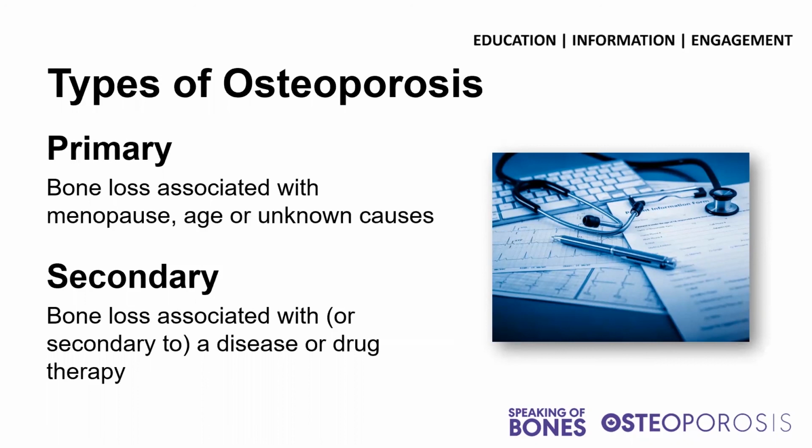One class of drugs that has been shown to be particularly damaging to bone is glucocorticoids, such as prednisone. Diseases often treated by glucocorticoids include colitis, multiple sclerosis, rheumatoid arthritis, and lupus. Medical conditions that can cause bone loss include Crohn's disease, colitis, and chronic kidney or liver disease. So those are some of the things that can cause secondary osteoporosis.